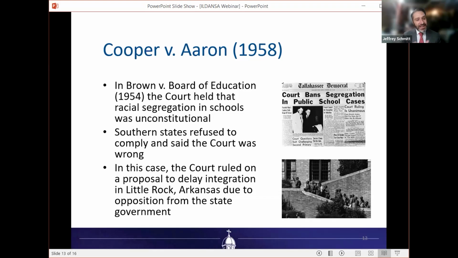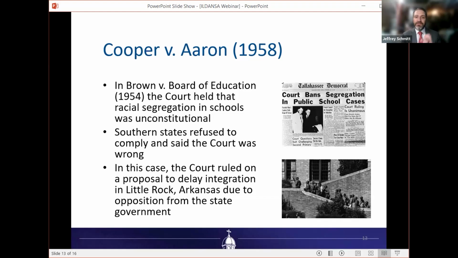However, the southern states, especially the Deep South, were very opposed to this. They thought the Supreme Court was wrong, and they defied the court for decades, right? 1954 is the decision. We don't have the Civil Rights Act until 1964, and we don't achieve meaningful integration until Congress acts in 1964. So for about a decade, and then longer, because it takes a while for them to comply, the Supreme Court was being ignored in half the country. That's not a big exaggeration. The Supreme Court was being ignored in almost half the country for about a decade.